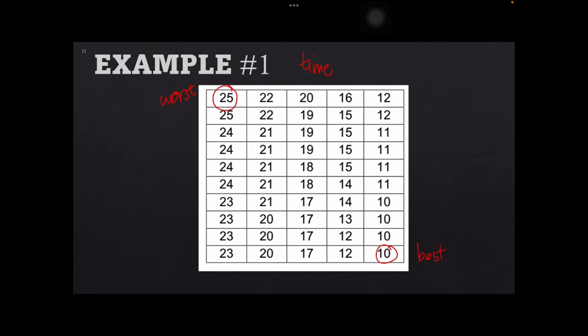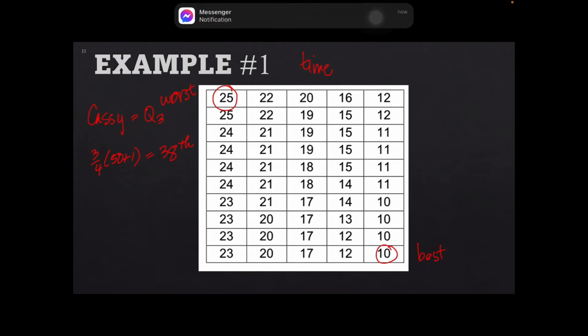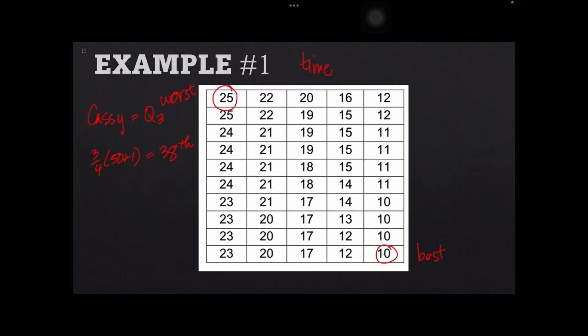So, calculate muna natin yung kay Cassie. Si Cassie po, alam natin siya ay nasa third quartile. So, gamitin natin yung third quartile score. Okay? So, we have 3/4 of the total, 50 plus 1. Kasi po, ungrouped data siya. So, magpa-plus 1 tayo. So, if we use our calculators, ang makukuha po natin dito, rounded off, ay 38th. Okay? So, hahanapin ngayon natin nasan yung 38th score. So, magsa-start po tayo dun sa worst score na sinasabi natin, which is 25. We're going to count until we reach the 38th score, which is 13.